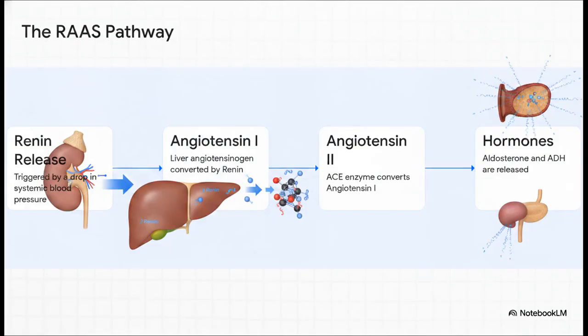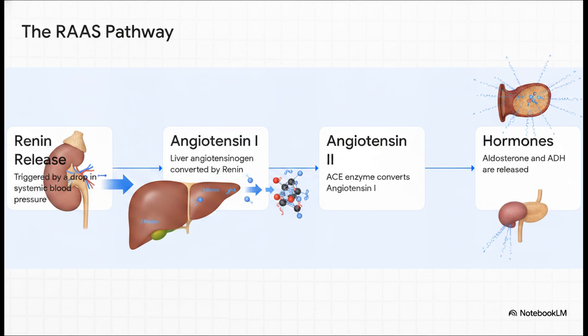But what happens when the pressure issue is systemic? Like what if you have severe dehydration or major blood loss? Well, that triggers one of the most beautiful domino effect survival mechanisms in the body, the renin-angiotensin-aldosterone system, or RAAS. Here's the cascade. Step 1, your whole body's blood pressure drops. Step 2, these specialized pressure-sensing juxtaglomerular cells in your kidneys notice the drop instantly and release an enzyme called renin